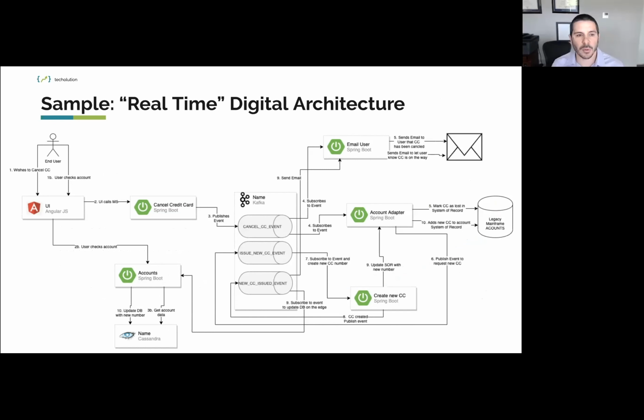So this is an example of what a real-time digital architecture could look like. This is an event streaming, event sourcing type architecture. And really, this could be anything. I tried to pick something that everybody could relate to, even outside the BFSI world. We want to make sure everybody has a credit card, and I'm sure everybody at one time has tried to cancel that credit card. So I was just walking through a flow of what this could look like. But really, this could be any change in record at all. Anything that goes back and has to be updated in some typically legacy mainframe or some system